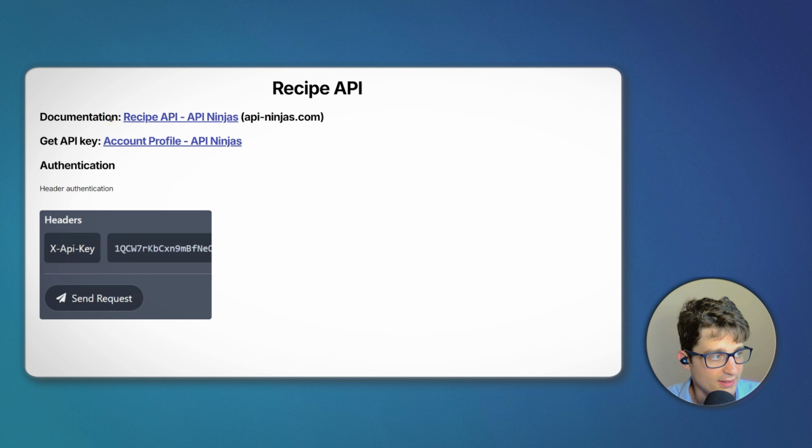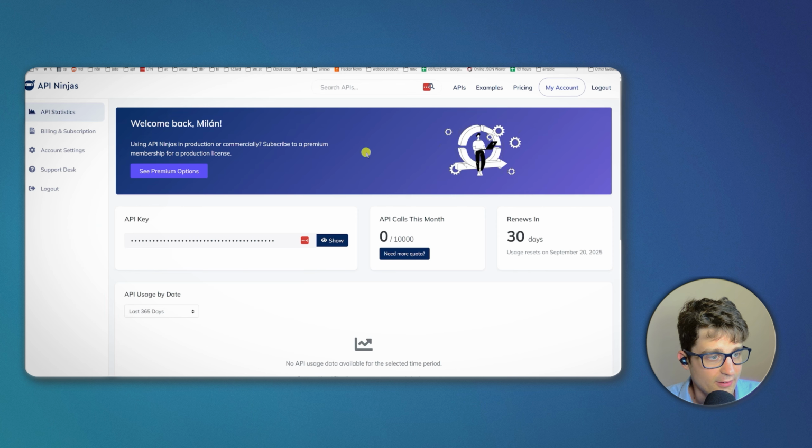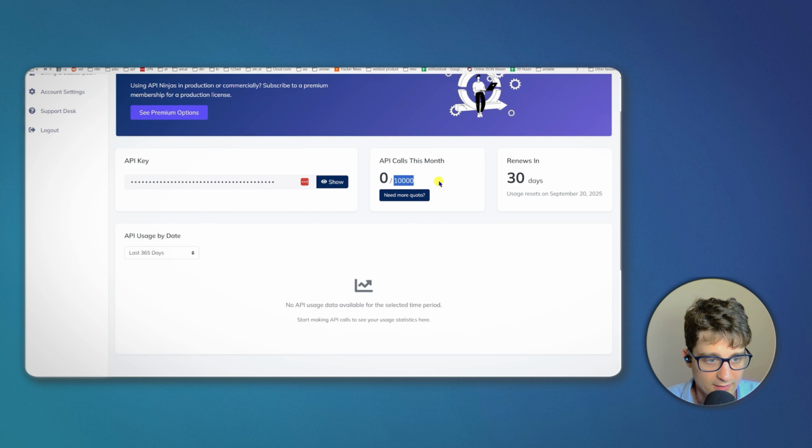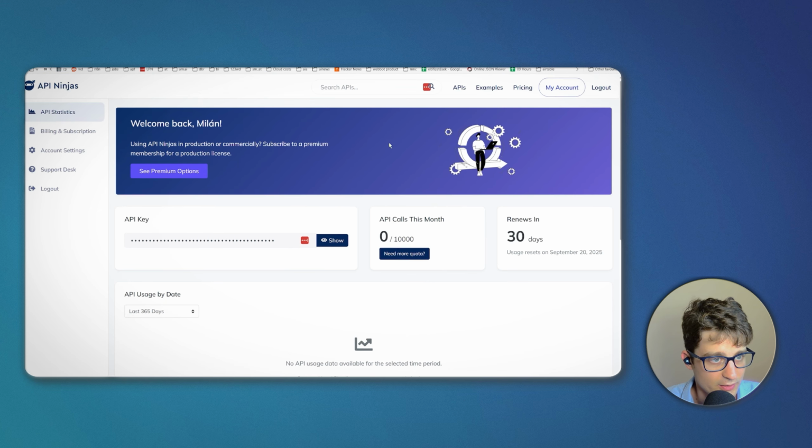The link is in the slides, and also it's on the screen where you can just go to the main screen. And this is nice because they have 10,000 requests each month, if I remember correctly, on their free package, which is only for development, but that's going to be good for us. And basically all you need